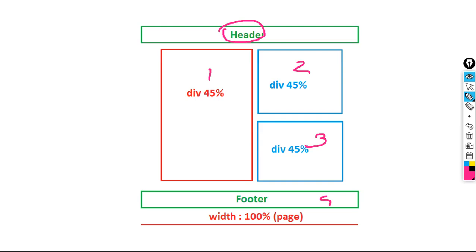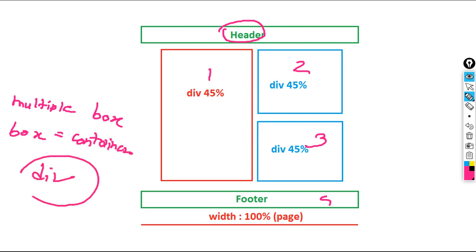So in this way we can say that an HTML page is divided into multiple boxes, and a box is nothing but a container. Box equals container, container is nothing but div. Understood? I hope now you have a better understanding. Please observe this picture so that you will have a better understanding.